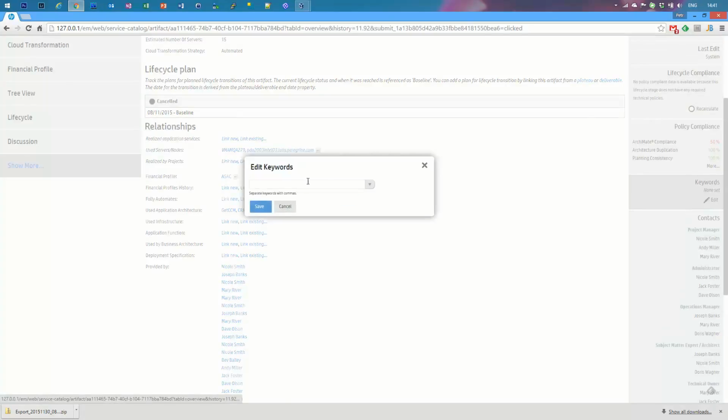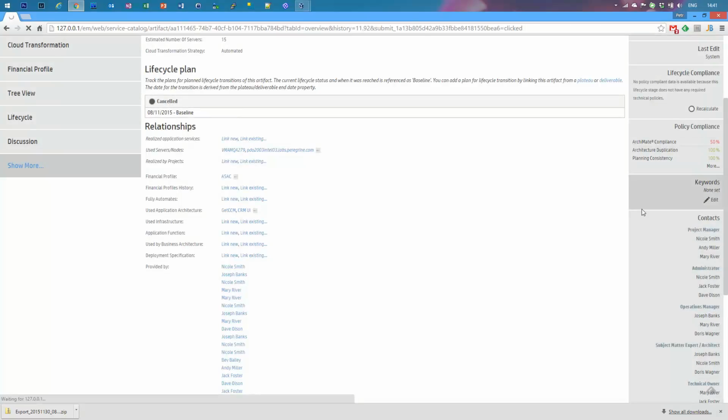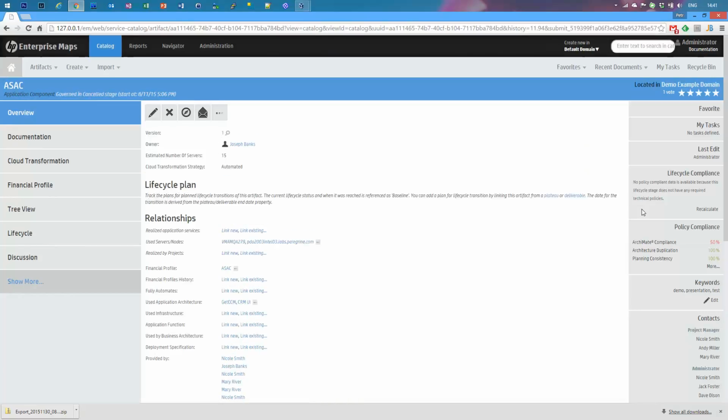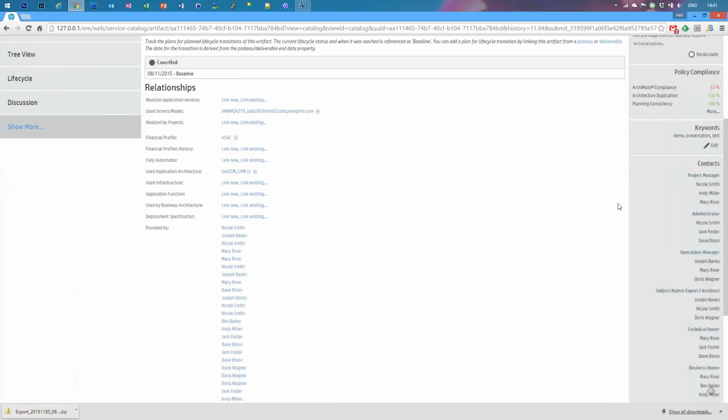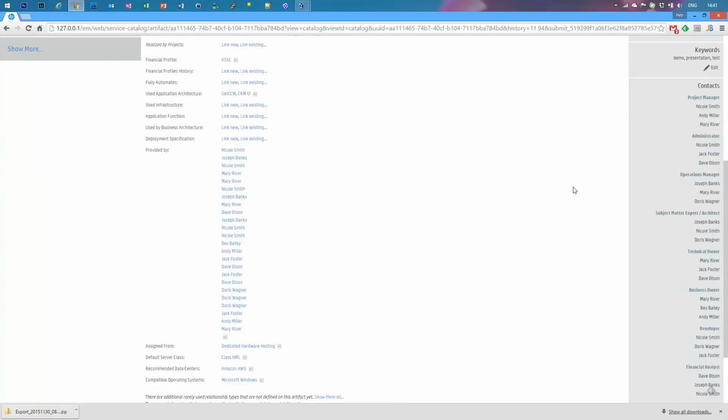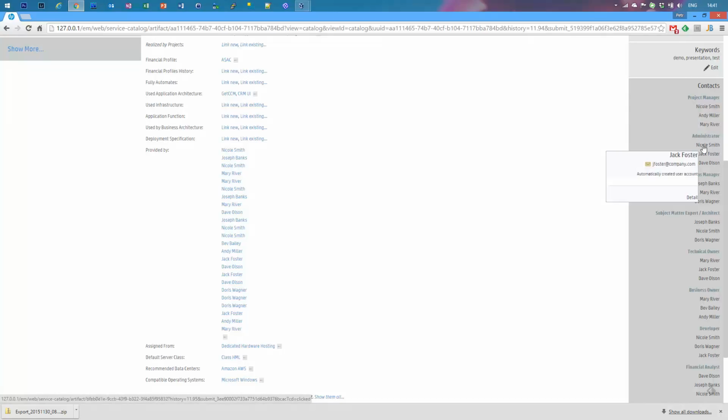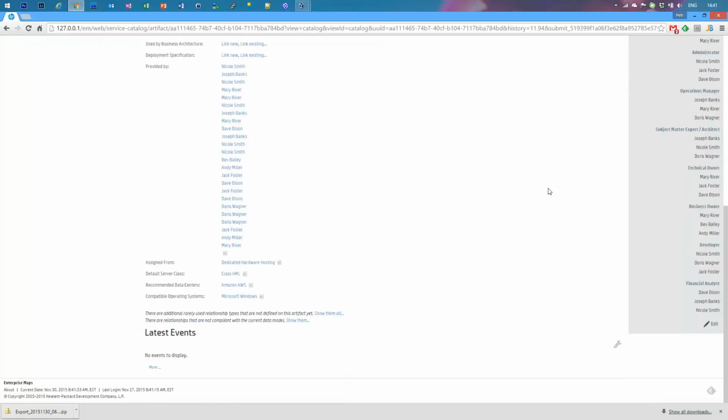I can edit the keywords: test, demo, presentation, and save it. And then you can of course use these keywords in search. I can see all the contacts together with their roles. So on the hover you can see that it will open the detail of the user,